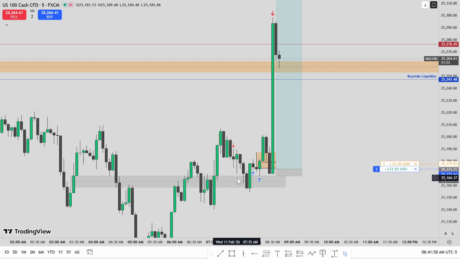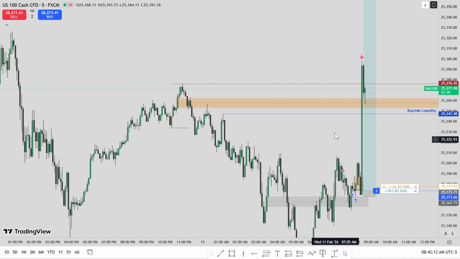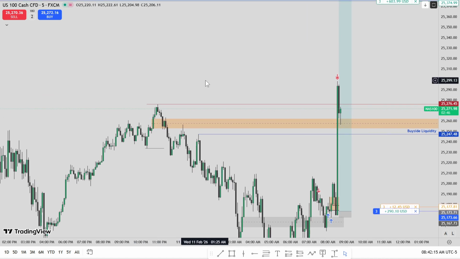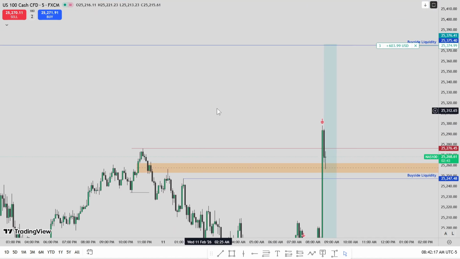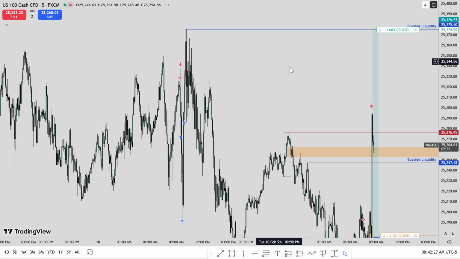Then a failure swing, we took out this minor sell side liquidity pool. We had this shift right here, and you could see price didn't go below that low because this right here is a failure swing. So there's the explanation, and I want to see price candle stay above this IFVG, and then 9:30 probably gonna spike up and take out that 4 hour high. That's the 4 hour high, all right.